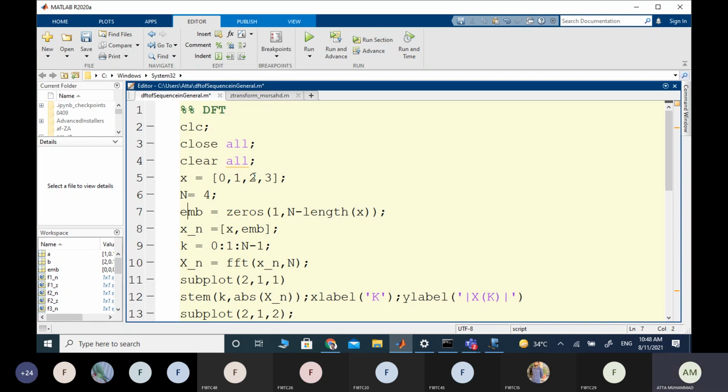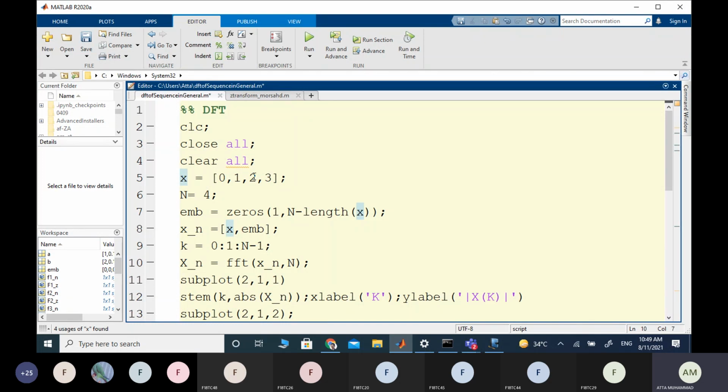Let's forget this line for a moment, because we can compute the DFT of any length. If I want to compute the DFT of 8 points, then I have to embed zeros here. With N equal to 8, 8 minus the length of the signal, which is 4, so we have to pad an extra 4 zeros in the original signal, and I have done it here. But we are not interested in it.